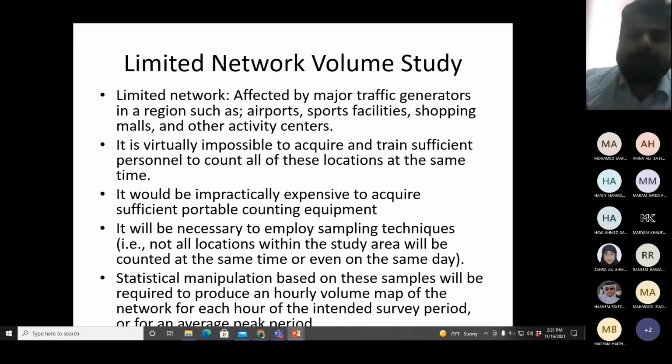Okay, what we do is, on all segments of the network, we take a sample of data, not full data, a sample of data. So on all points of the network, we take a sample of the data. Okay, so our life becomes easier, our task becomes easy. Later on, using that sample, we try to calculate the actual full data.